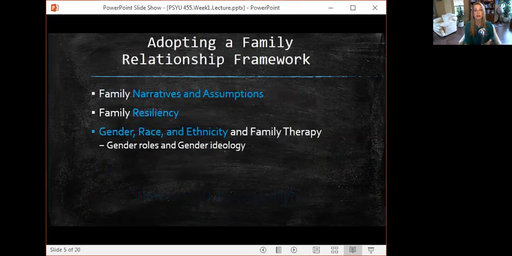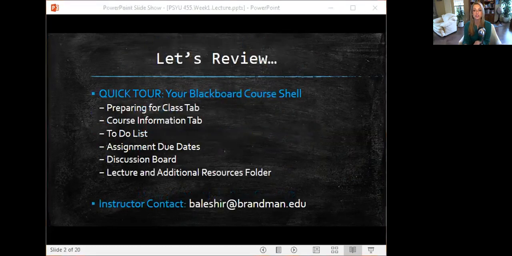So when adopting a family relationship framework, what we want to take a look at are the narratives and assumptions that are implicit within a family's functioning. So the meaning, the understanding, and the assumptions that a family makes about the world reflect the narrative and the stories that the family has created about itself. Its relational resiliency,